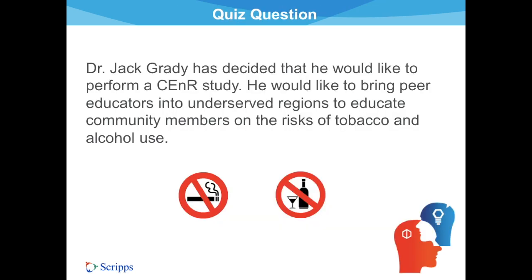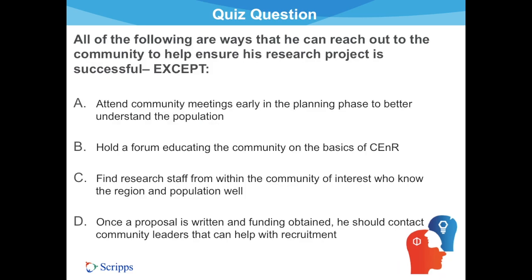Dr. Jack Grady has decided that he would like to perform a community-engaged research study. He would like to bring peer educators into underserved regions to educate community members on the risks of tobacco and alcohol use. All of the following are ways that he can reach out to the community to help ensure his research project is successful, except: